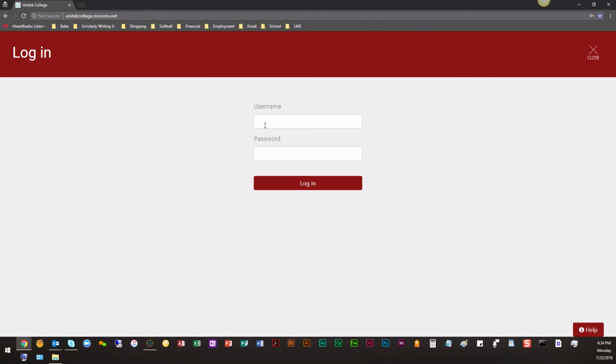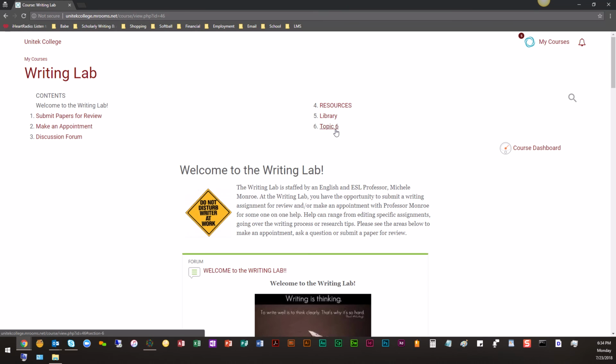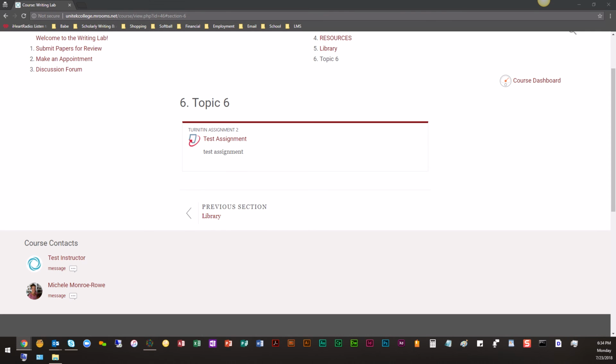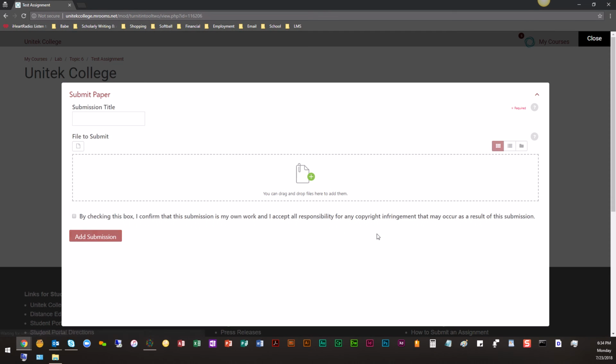So now I'm going to log in as a student, my handy dandy test student, and the class that I'm assigned to is actually the writing lab. I will click on topic 6, and go to that assignment. So I click on the assignment, and I already have an APA sample paper that I'm going to submit. So I will go to this link to submit my paper,